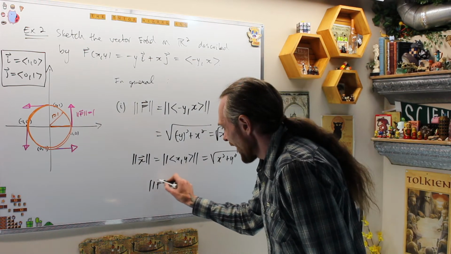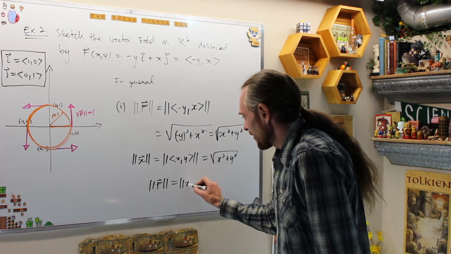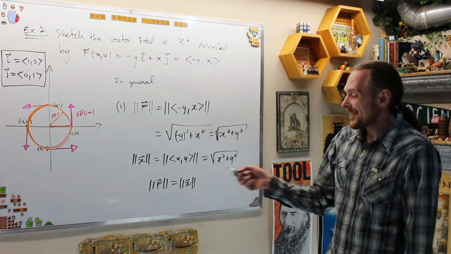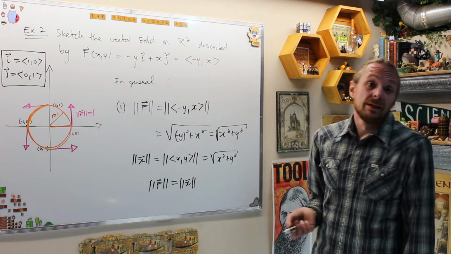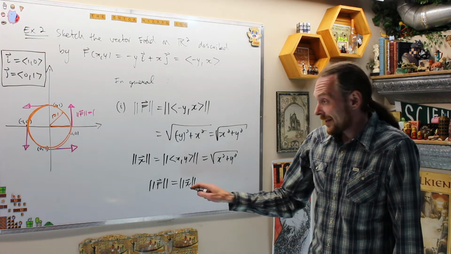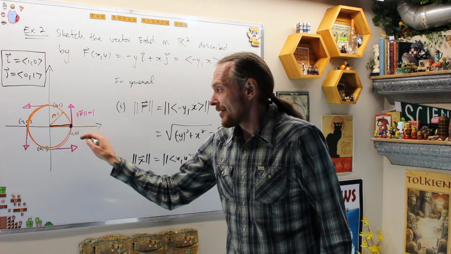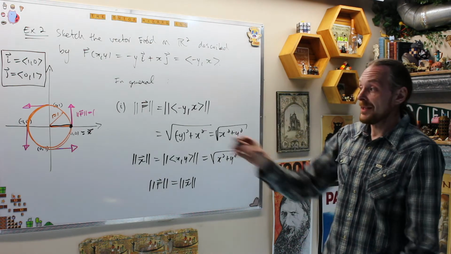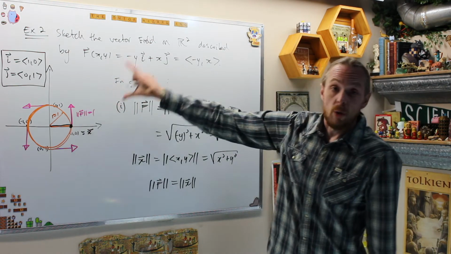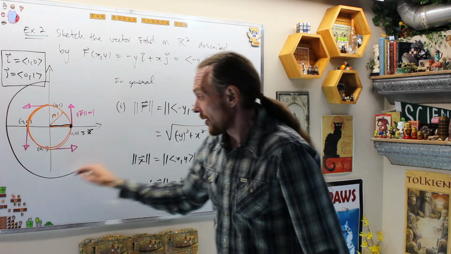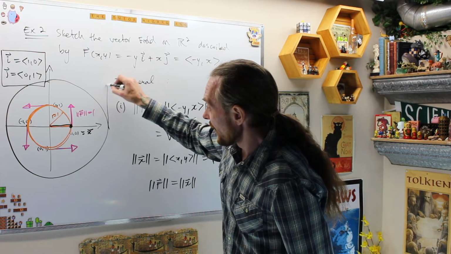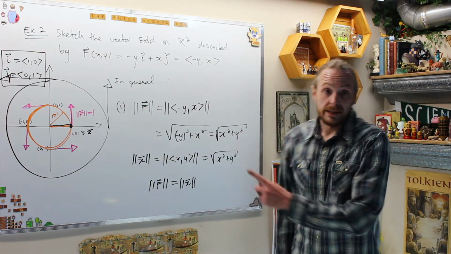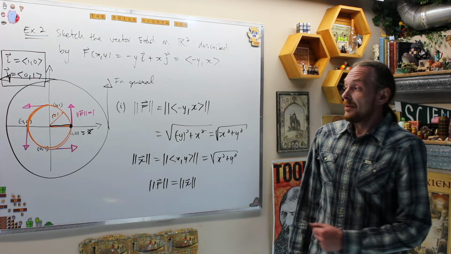So the magnitude of f at that point is the magnitude of x viewed as a vector at that point. What that says is the magnitude of this force field is equal to the length of the radius of the point x at every point. As we go out, these circles, these vectors will grow as we move out to a larger circle. If we go to another larger circle, it will still do the same thing, but now the vectors will have grown in magnitude proportional to their coordinates, or the length of the radius, their distance from the